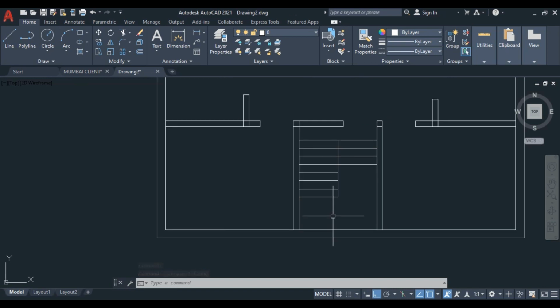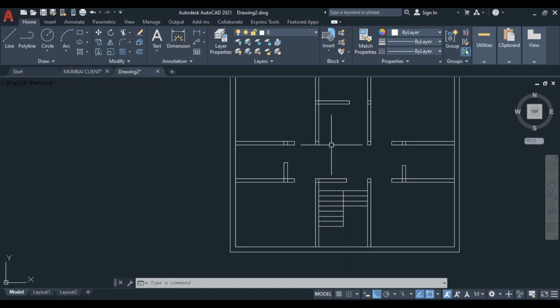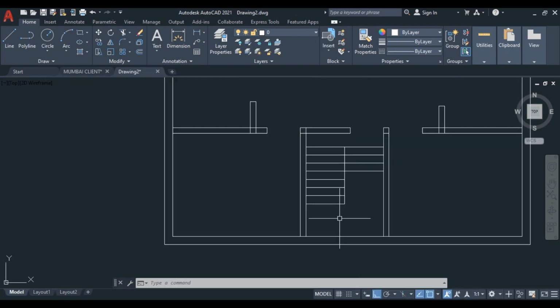So this is the parking, this is a staircase, and from here you can enter the room. Here will be the living room, and I just extend this line.